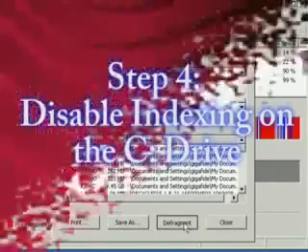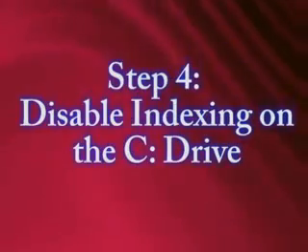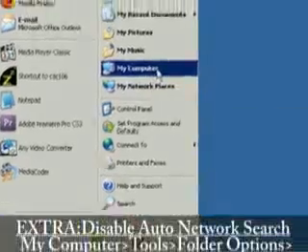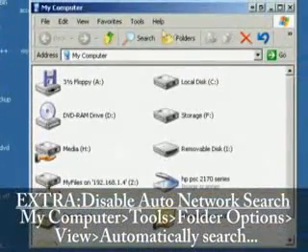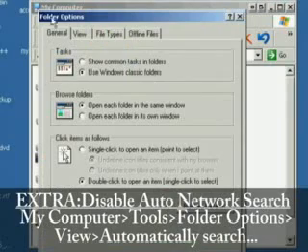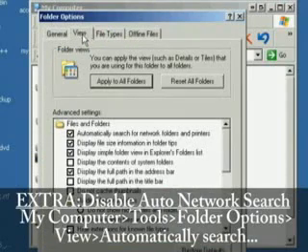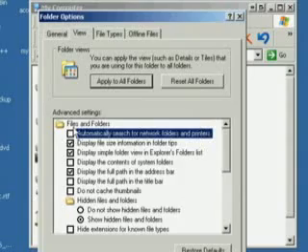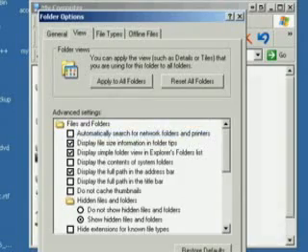Alright, the fourth thing we want to do is disable indexing on the C drive. And while we're doing that, just go to Start and My Computer, and I'll show you how to do something else. To make this open up faster, go to Tools, Folder Options, click on the View tab, and uncheck the box that says Automatically Search for Network Folders, and this will allow you to open up your My Computer folder